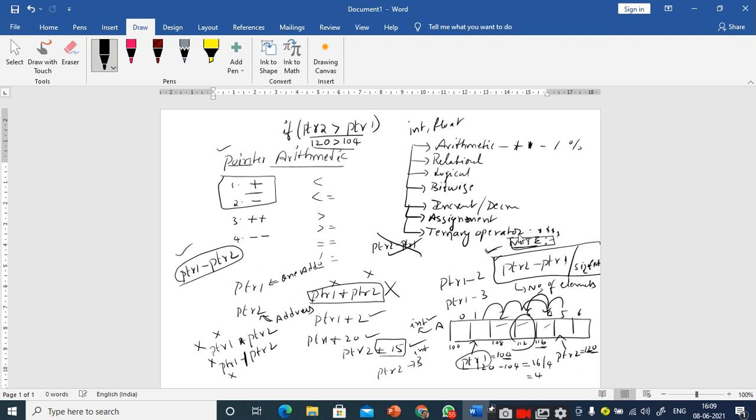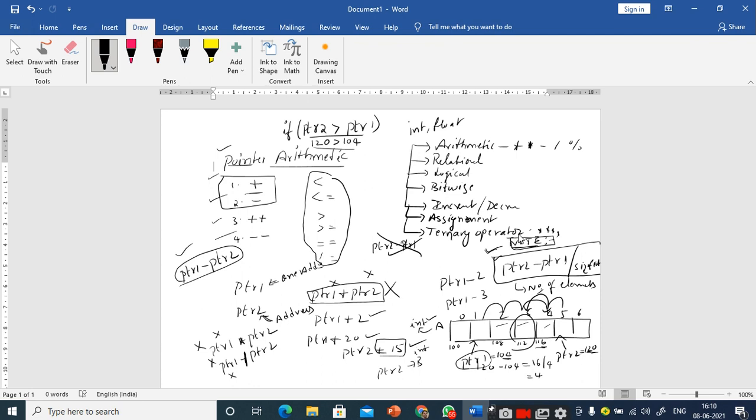Is this condition true or false? True, sir. Right. So all these relational operators can be applied on pointers, and remember that these pointers should point to the same array. In such conditions only you can apply the plus operator, the minus operator, and similarly increment and decrement also. Is it clear?